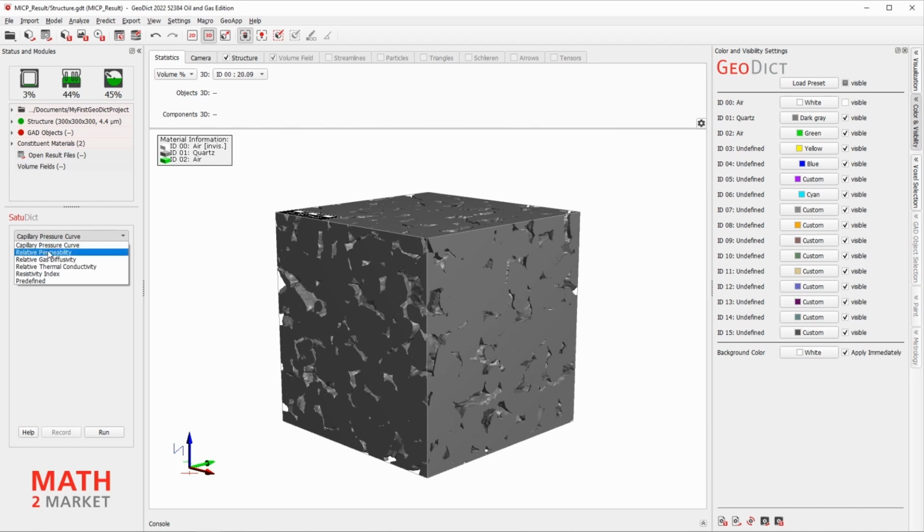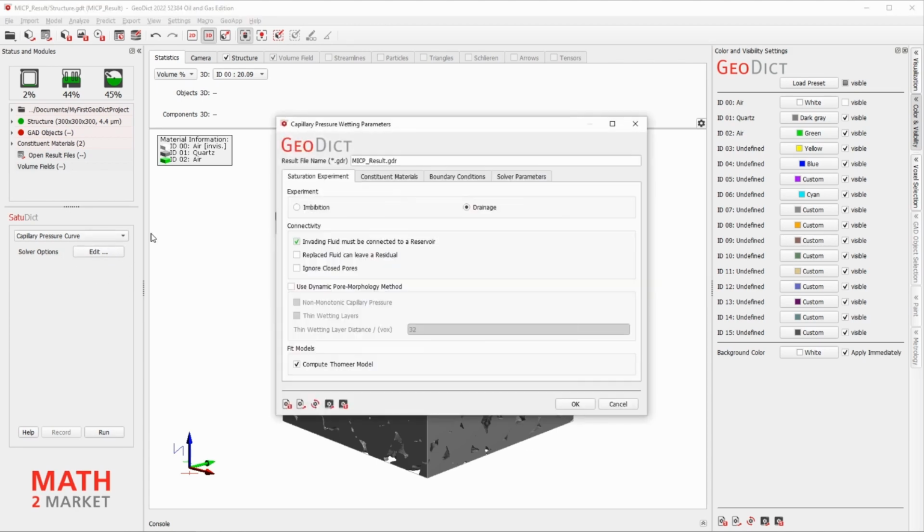and choose Capillary Pressure Curve from the drop-down menu. Click Edit to edit the solver options. In the capillary pressure wetting parameters table, set up the parameters.